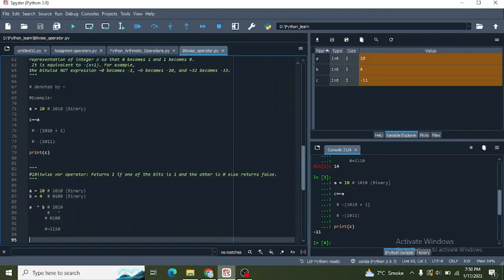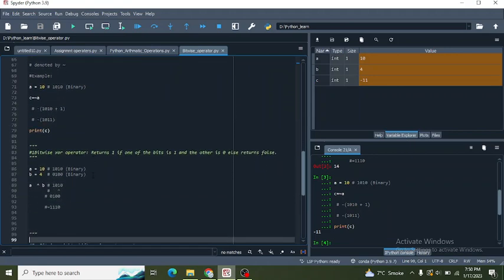Now bitwise XOR operator. Bitwise XOR operator returns 1 if one of the bits is 1 and the other is 0, else returns 0. The condition is one bit should be 1 and the second bit should be 0. Then only it will return 1.